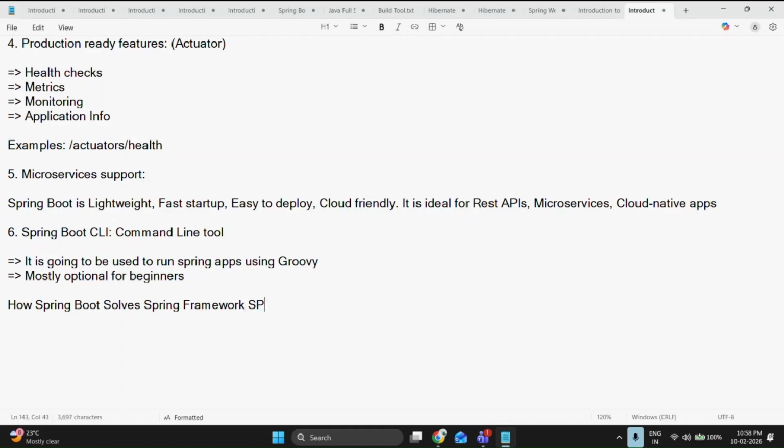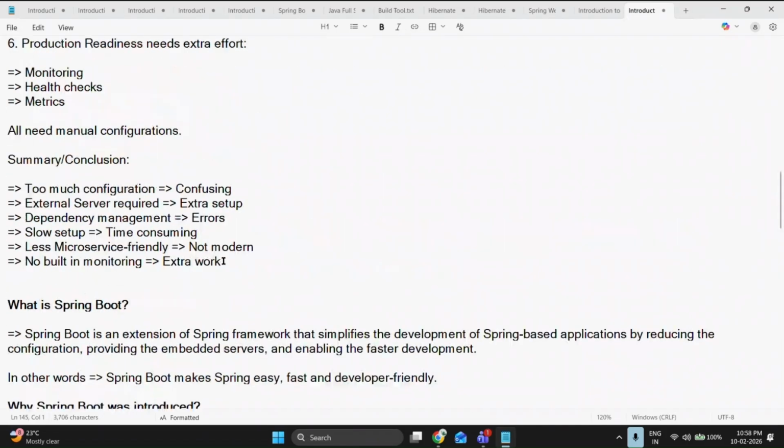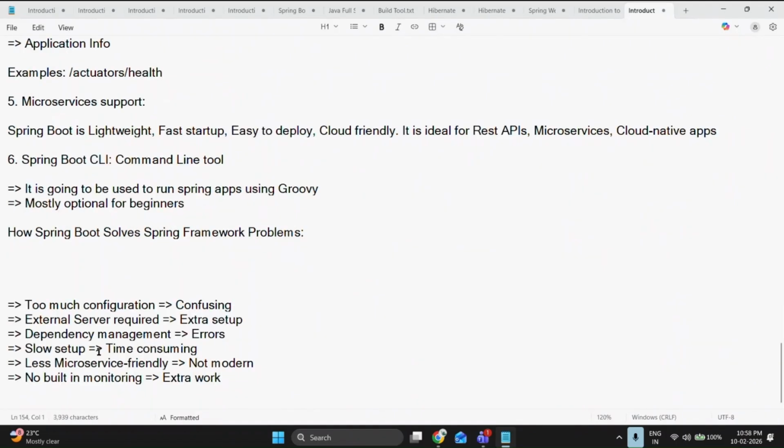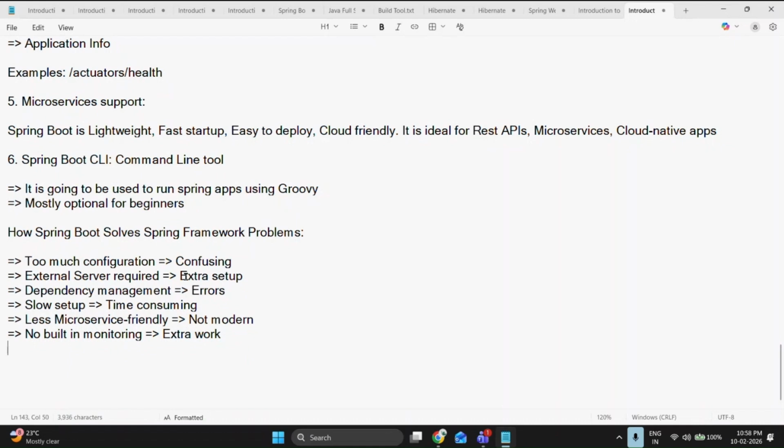Spring Framework problems. So what are the problems we have in Spring Framework? Let me copy this directly without writing again and again. So these are the problems we have in Spring Framework. Let me remove the things. I'm mentioning the problems we have in Spring Framework, and in Spring Boot,